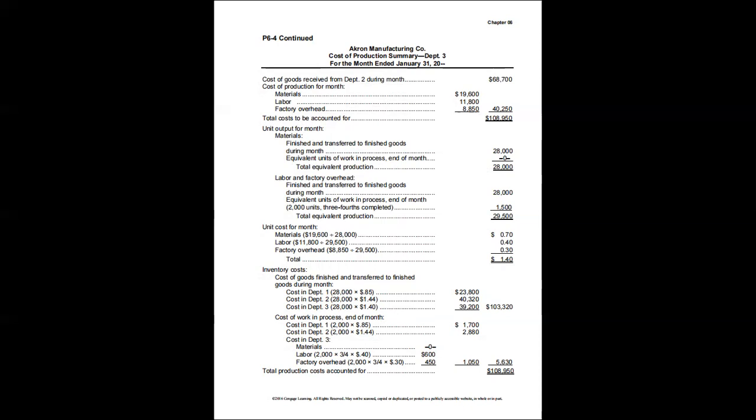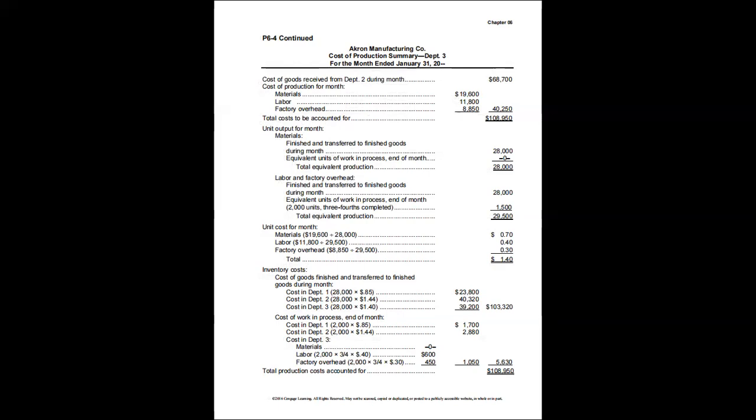Equivalent units of work in process at the end of the month is 2,000 units. The ending inventory multiplied by 3/4 complete, the given stage of work done. So we have the equivalent production total of